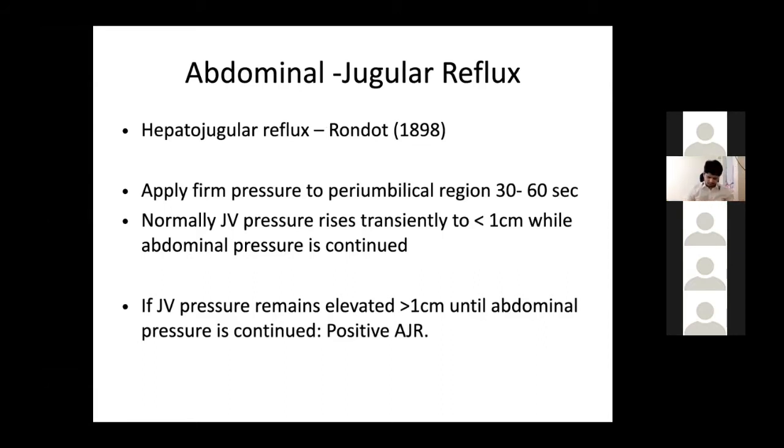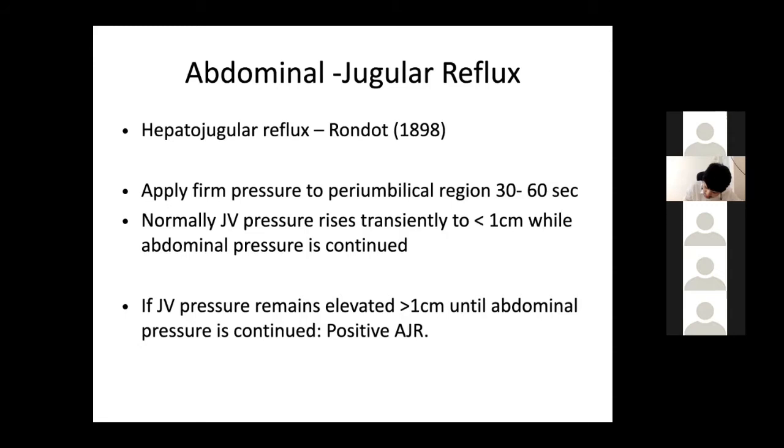And why do we say abdominojugular is, many patients who have RV dysfunction have a tender liver. They have tender hepatomegaly, and if you compress the liver, it is a bad sign. You should not do it. So they have come up with a newer method, the abdominojugular test. You can compress over the umbilical area instead of the hepatic area. You should always remember to do it in a sitting position and not in a lying down position.